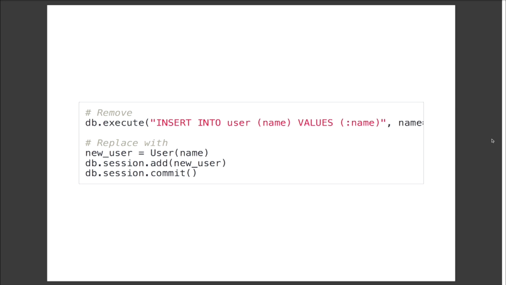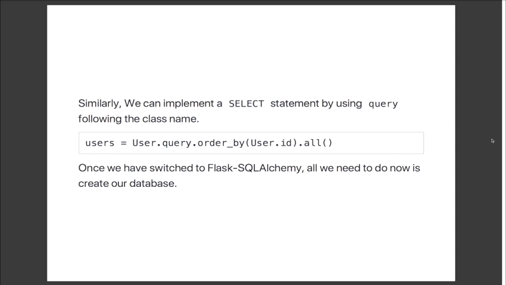In the first one, we have our SQL statement, our raw SQL query of insert into the table user name with the value of name. In the second one, it's pass a name to create a new user, and then we're going to add that new user, and then an important step is commit. Commit is an important step that you can't forget for insert and remove statements, because those are editing the database itself. And for those statements, you need the commit to let it know that this is a permanent change that I'm trying to make. Similarly, if we wanted to implement a select statement, we can use